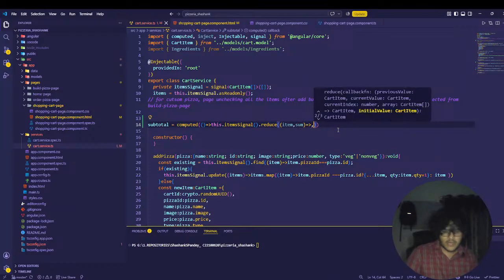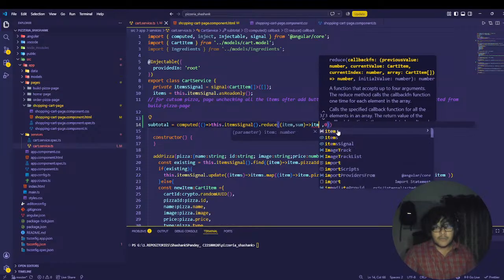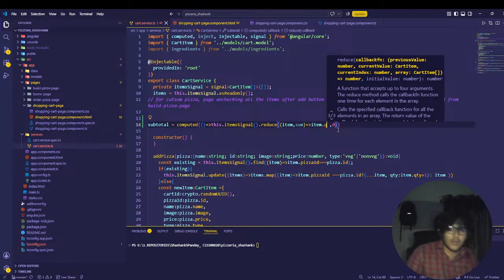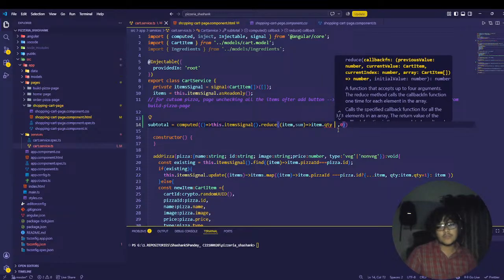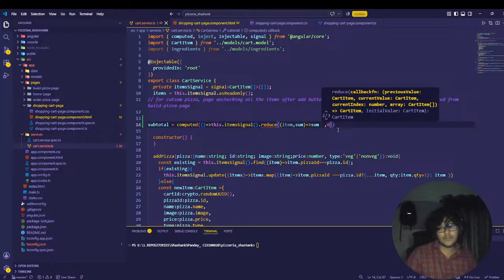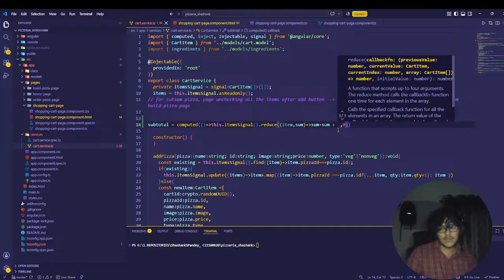And then you have to write the initial value of sum, which is 0. And then where do we want to go? We want to go in each item, and we want to have its quantity. Why is it not showing the thing? Okay, so sum is equal to sum plus